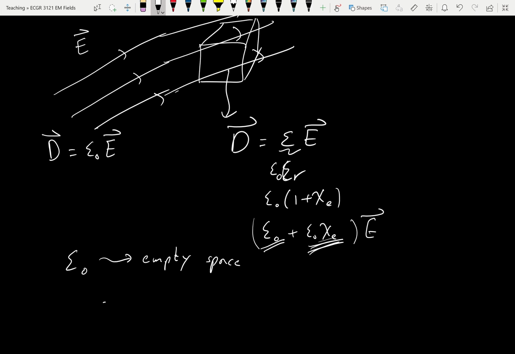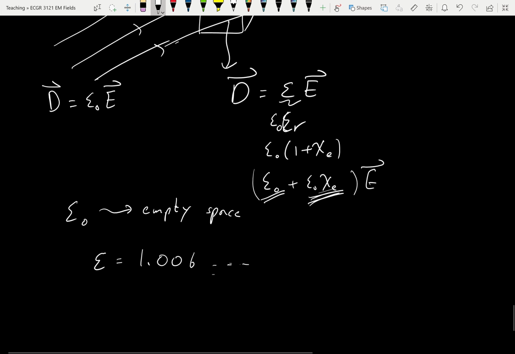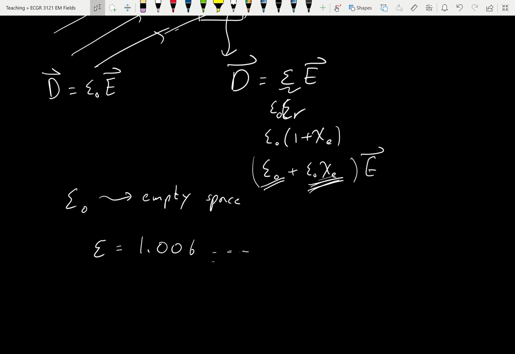So the permittivity for air is something else, right? But I don't remember the exact value. But it's something that's not much bigger than that of empty space. I think 1.006. I'll double check later, but that tells me that